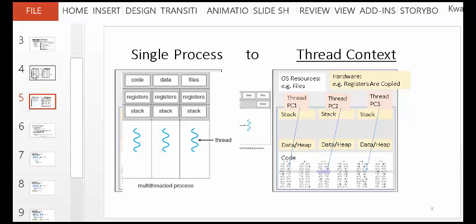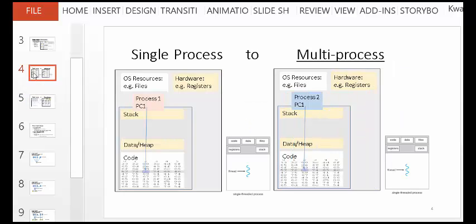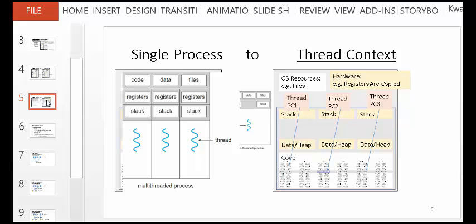Okay, so really what happens is a thread will enable a process to work on multiple things at once. Normally, a process just has one location within the code where it's running. But in order to do threads, the code will now keep track of multiple locations so that it can work on multiple tasks. So it runs this line for a while, going through sequence by sequence. And you say, I want to run another thread. That means you start with a different location, doing a different task. All of them are under one process.